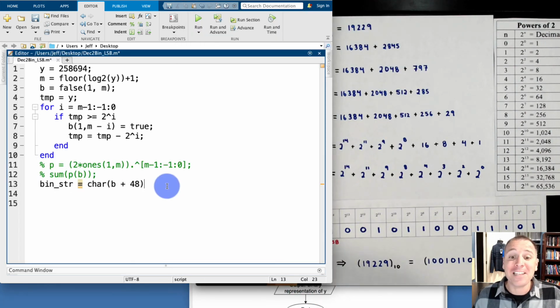As promised, that leads very nicely into our community challenge in this video. In the comment section below, please describe what is happening with this line of code. Why does this work? We saw that this actually produces a character string that is identical in the test case that we have to the output of dec2bin. My question is, why does it work? How does this work? Write that answer in the comment section below.